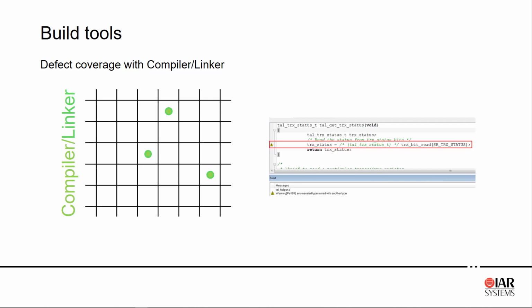Typically, we like to say that warnings are errors waiting to bite you, so you should always clean up your code so that it compiles with 0 errors and 0 warnings. But the compiler and linker don't do very thorough checks of your code. It just looks more for syntactical issues and very obvious problems inside of your code, but it doesn't really do